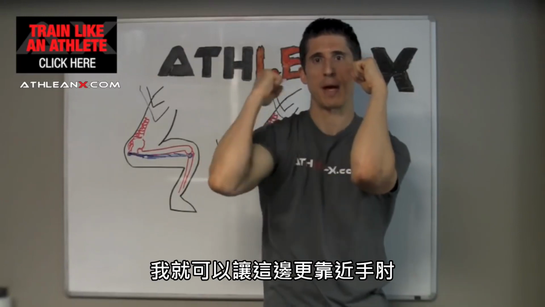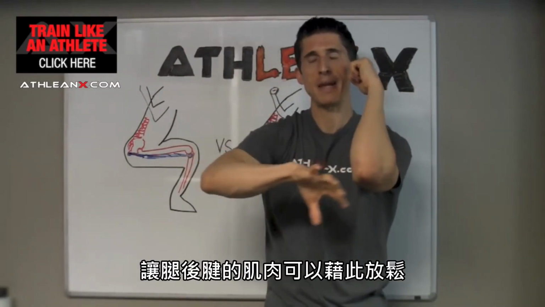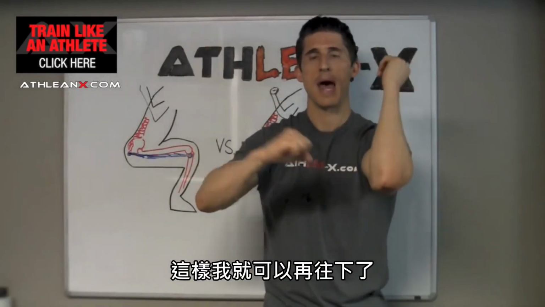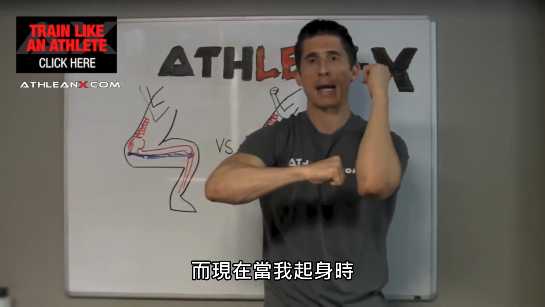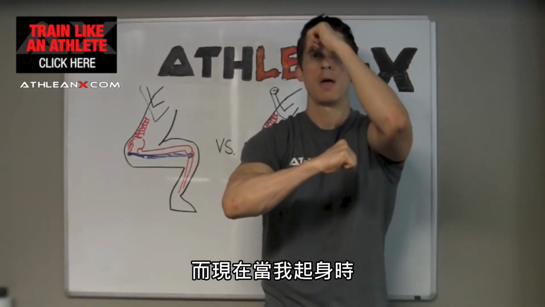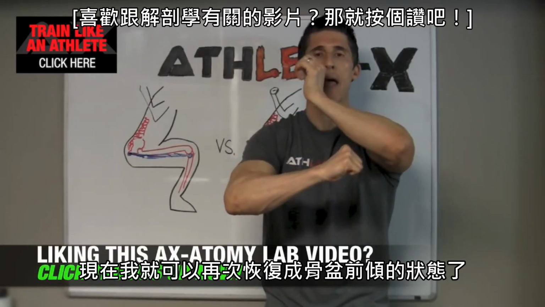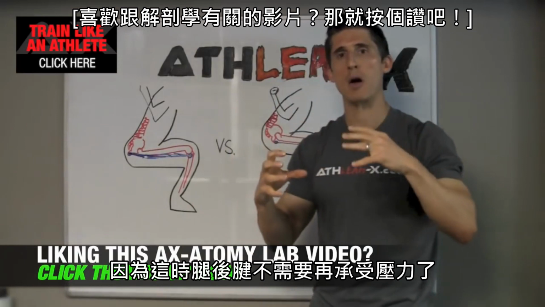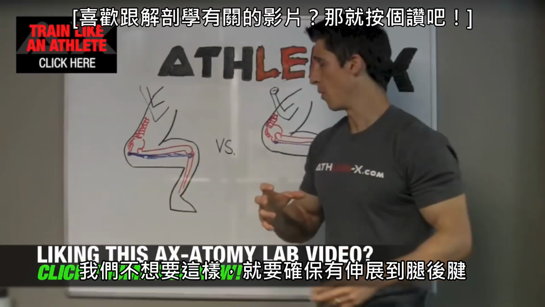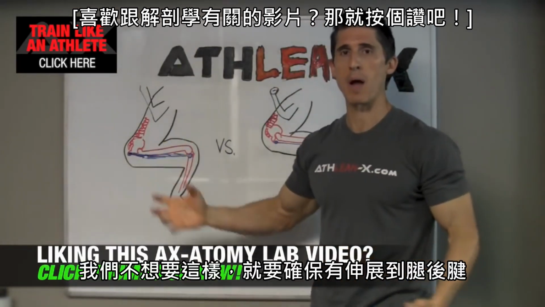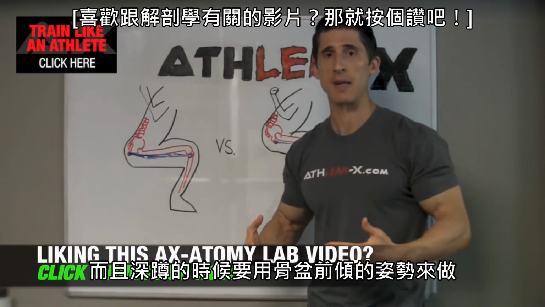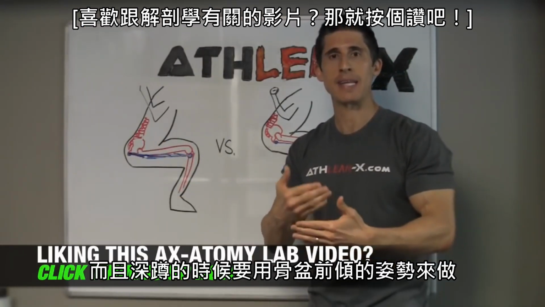Now I just brought this point a lot closer to this elbow. I relieved the tension on that hamstring muscle, and now I'm good to go. Now as I come back out of the squat and I'm lifting up, I relieve the tension on the hamstrings again. Now I'm like, okay, now I can get back into that anterior tilt again because there's no longer any stress on the hamstring. So we don't want that to happen. We want to make sure that we're stretching our hamstrings and that we're doing it out of an anterior tilt